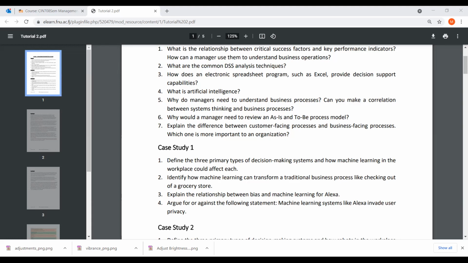Hone is spelled H-O-N-E, and the meaning of the word hone is increase. To hone the firm's abilities